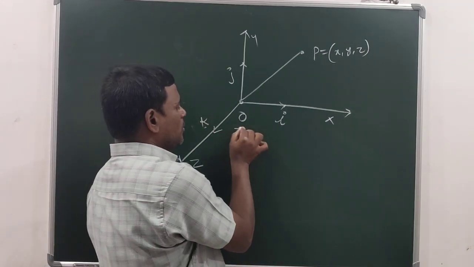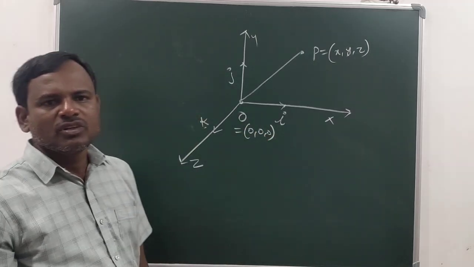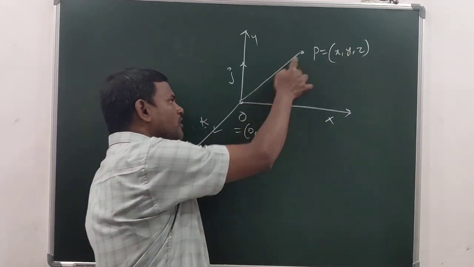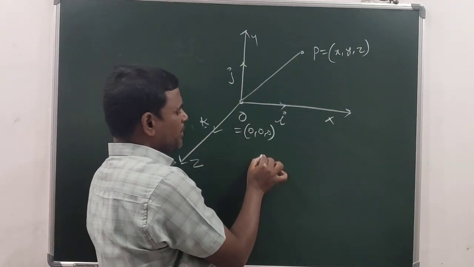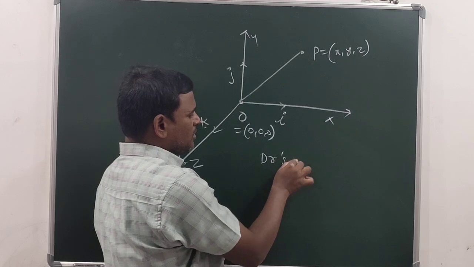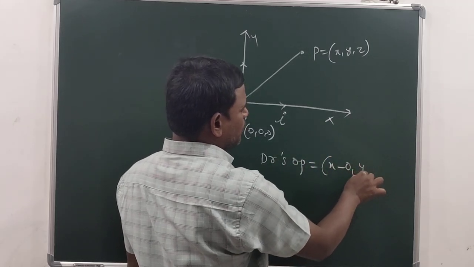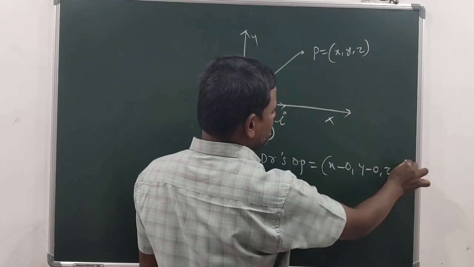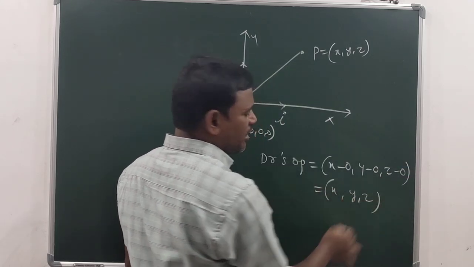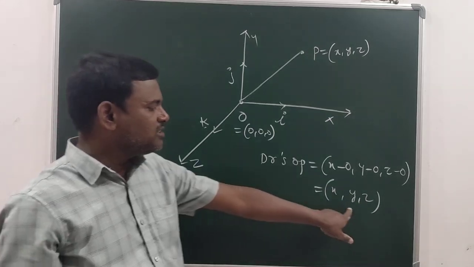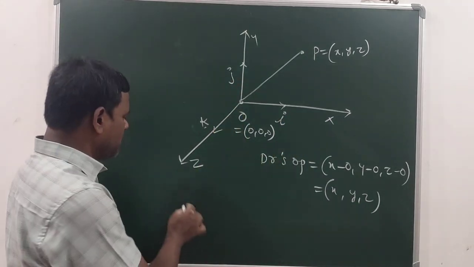Now you know the coordinates of the origin. To find the vector component of OP, find the drs of OP: x minus 0, y minus 0, z minus 0. After getting the drs, multiply this drs with i, j, k,